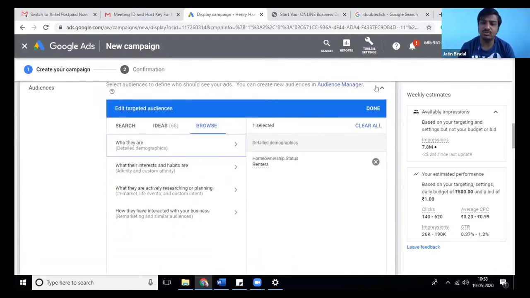So how many options do you have? You have 5 ways to target your audience. Under those 5 ways, audience has 4 options to target. And under placement, you have 3 options. You can target videos, you can target a website, you can target an app.